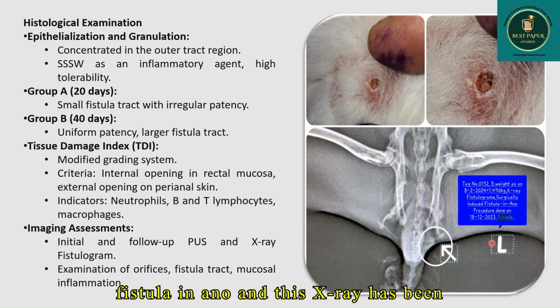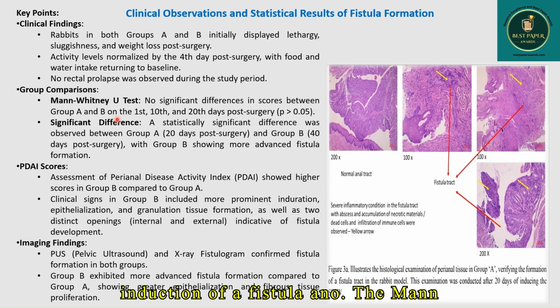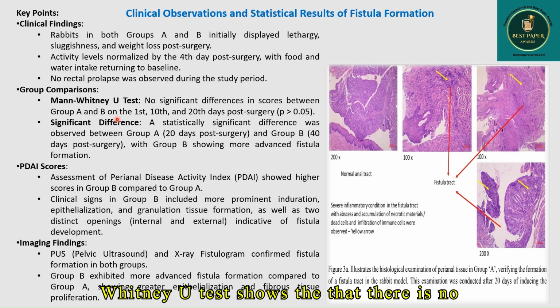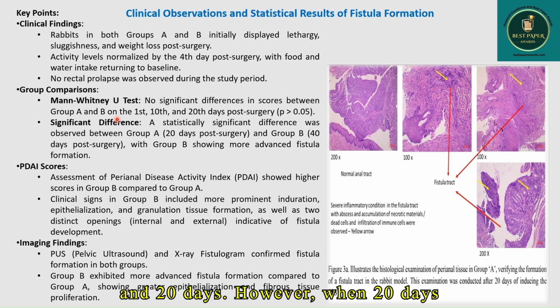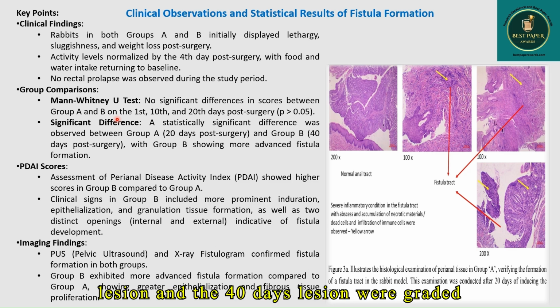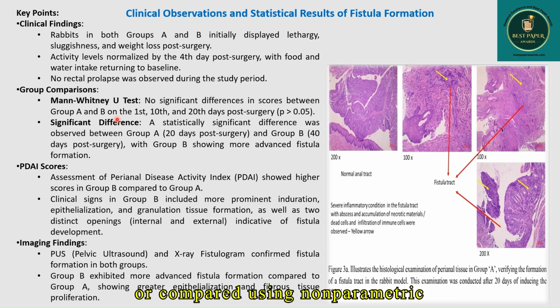And this X-ray has been taken after 14 days of induction of a fistula in ano. The Mann-Whitney U test shows that there is no significant difference in scoring between groups A and B, that is, on the first day, 10th day, and 20th day. However, when the 20-day lesion and the 40-day lesion were graded and compared using non-parametric tests, it indicates that